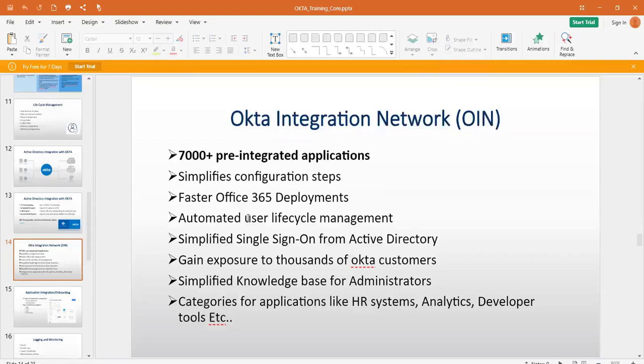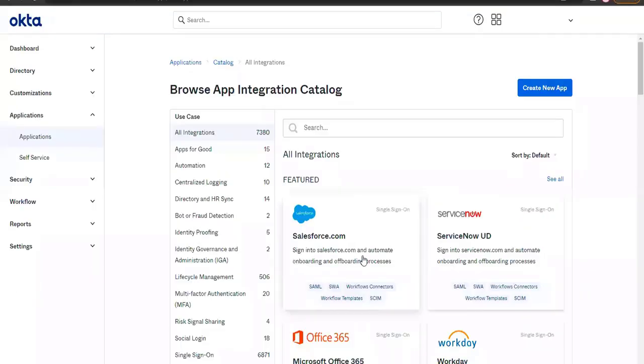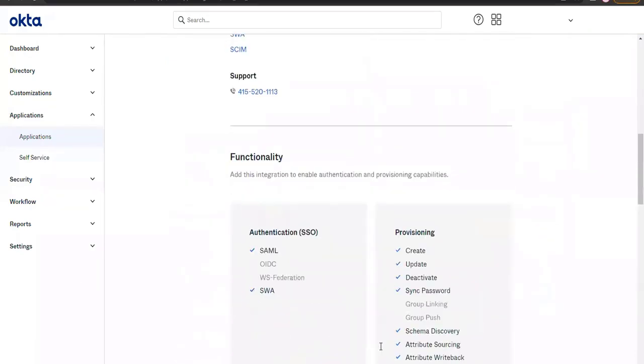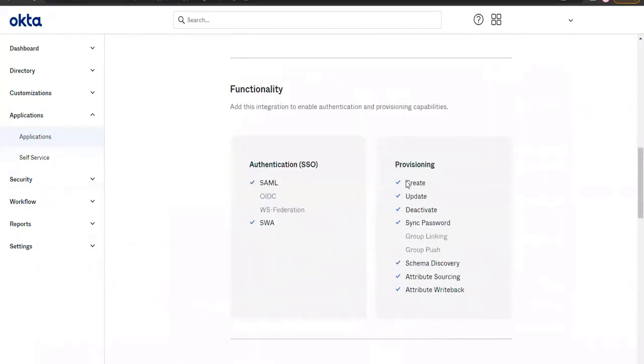And simplified single sign-on. So now let's say Salesforce.com. This supports provisioning. Yes, it supports provisioning. It supports create, update, deactivate, sync password,